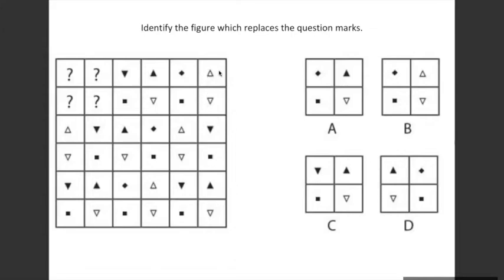Okay, so you are saying that these 2 rows are the clues, right? That's what you're saying. Yes, ma'am. Okay, fine. So let's check with that. If these 2 rows are the clue, this row is the same. So if you look at the 4th row, we get a similar pattern: inverted empty triangle and then a square, which is happening here. And the 6th row also has the same thing happening.